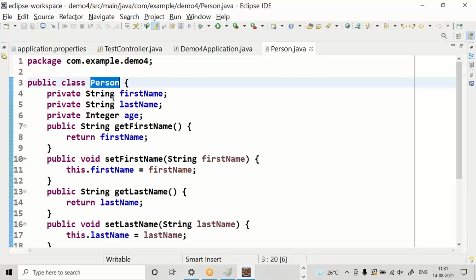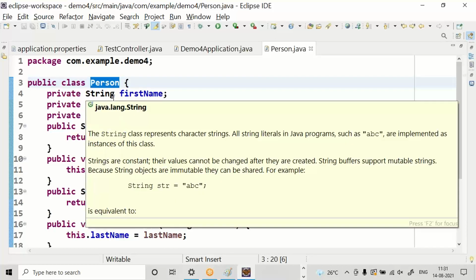Let us develop a REST web service which should return an object of a Person.